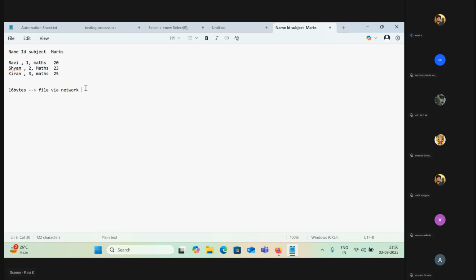Now what if you have 4 lakh rows? It's into 4 bytes, right? That means a huge amount of data you need to transfer through the network. Why network? Because today I'm in some network and my receiver is in some network, correct? I need to send my data through that, so that's why we need to transfer over the wire.